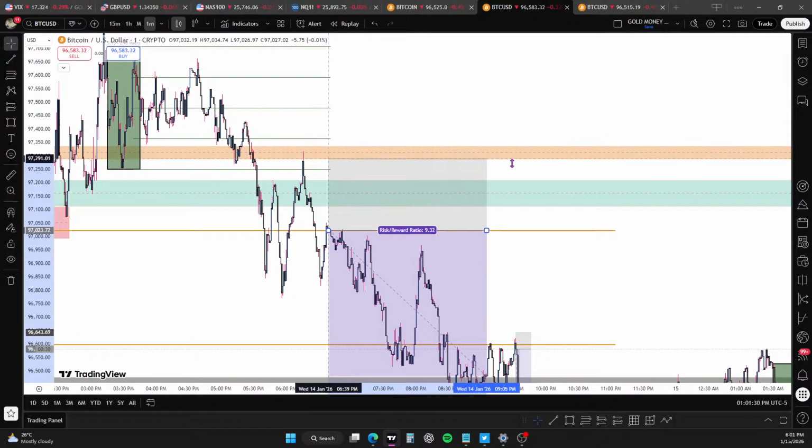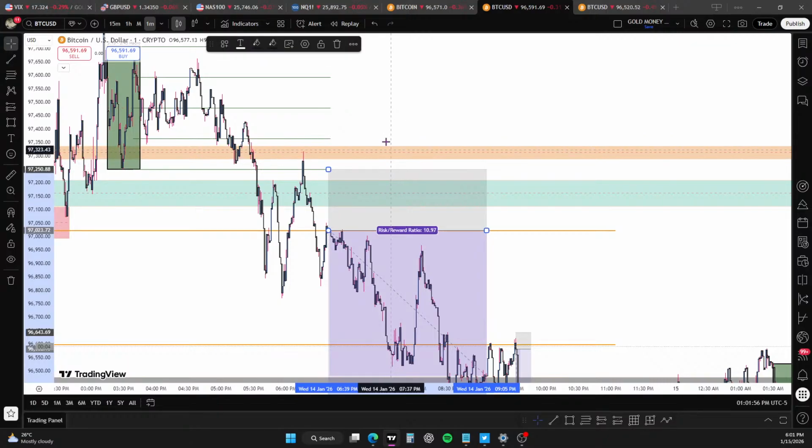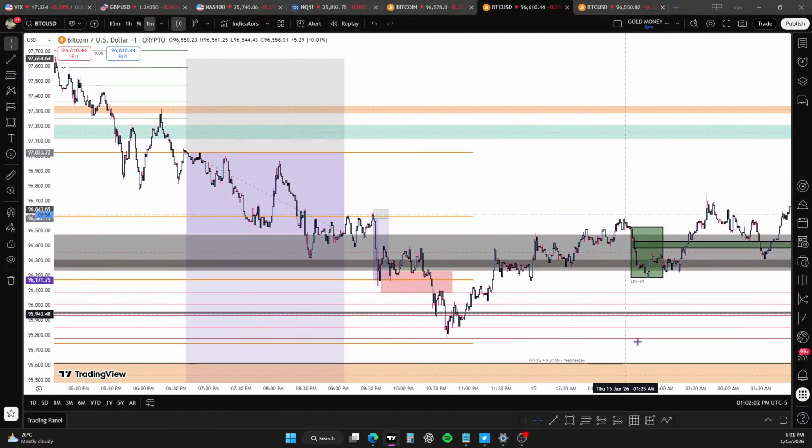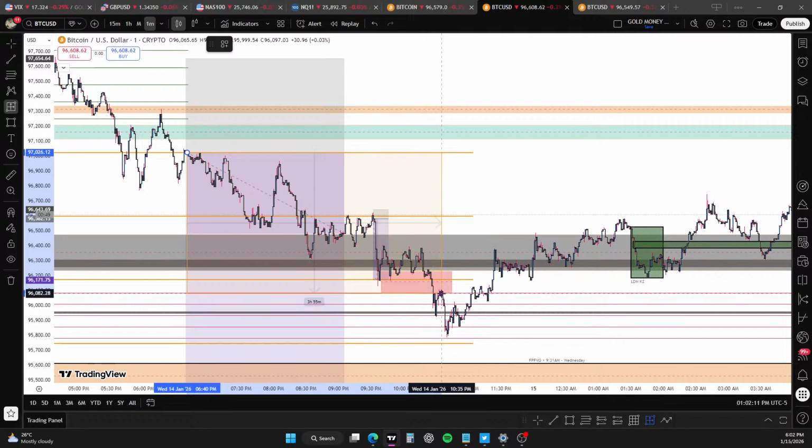My stop actually could have confidently been the low of this macro, because at that macro I know that we're gonna see here, and then I know that we're gonna sweep this high, and then we're probably gonna go somewhere into this level between these two lines here, and then we're probably gonna sweep that high. So really I could have that high as my stop, and I didn't need it all the way up there. But I could also have it at the low of this macro. This trade held for a while, to be honest. And it also went perfectly into my area.